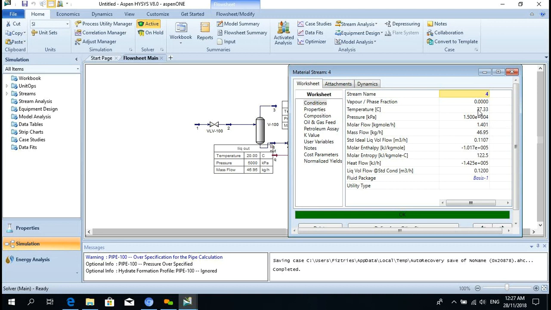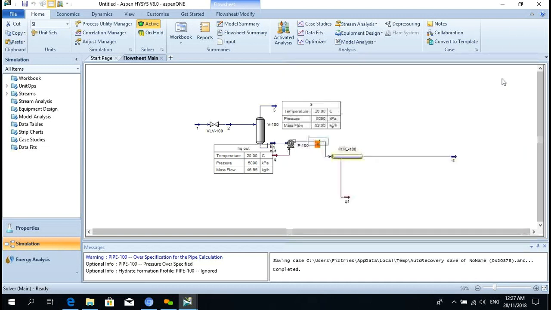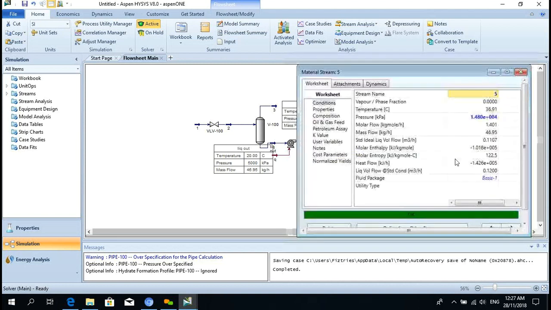And how much is the pressure here? 150, right? Yeah, 150 bar. Okay, now I got it. Close this. We need a heater, is it? No, close this. Yeah, double click here. Double click on file.